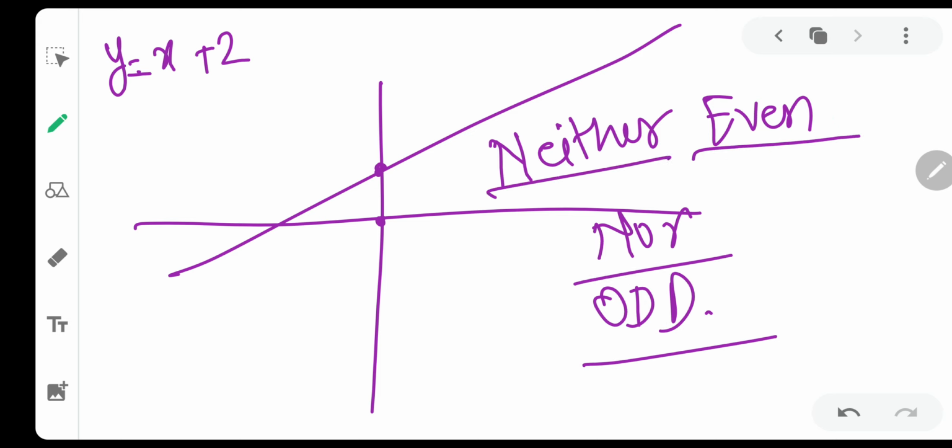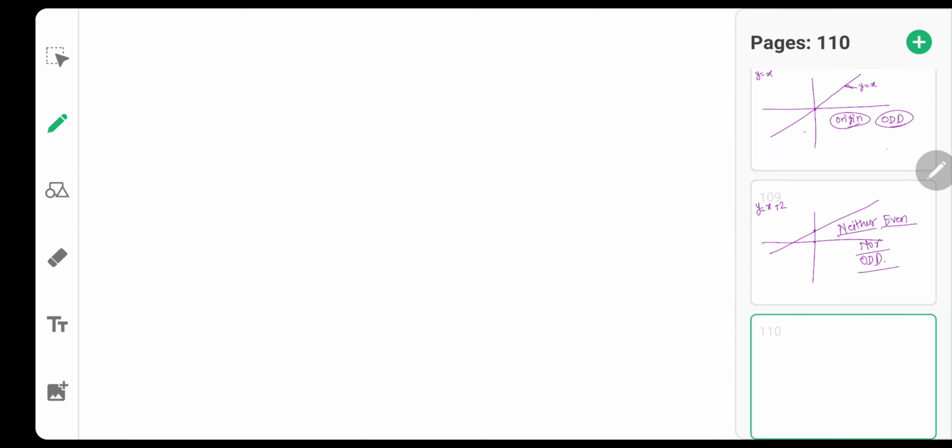Now you might have studied in your school, college and books the functional equations, and by functional equations also you might prove that this is neither an even function nor an odd function. But we are not here to discuss that. I just want to explain the graphical part, which is pretty interesting.